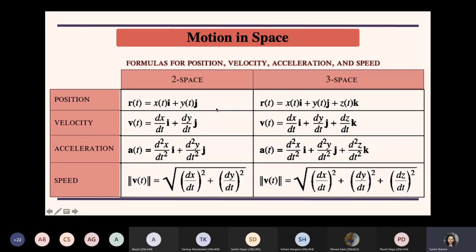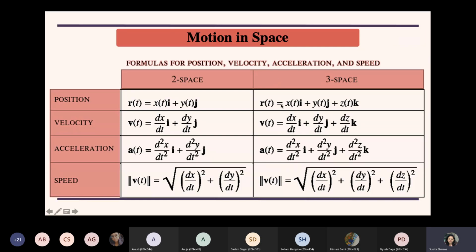So for a point in two dimensions, we would say that at any point of time t, its position is given by the position vector r(t), expressed in the form of a vector in this manner: x(t)i plus y(t)j. So x(t) denotes the position of the point in the horizontal direction, and y(t) is the vertical component of the position of the point. So if you have the coordinates of the point given by x(t) and y(t), you would say the position vector of the point is given by x(t)i plus y(t)j.